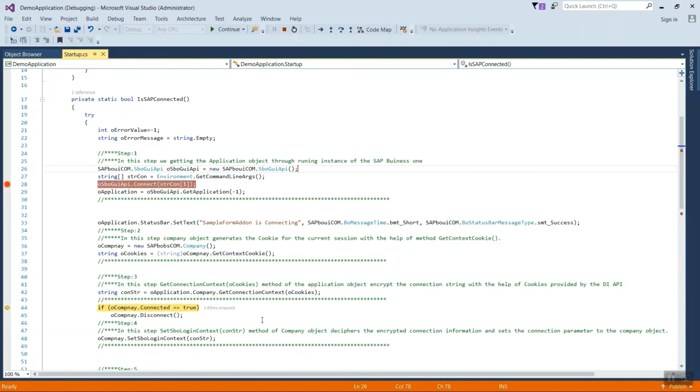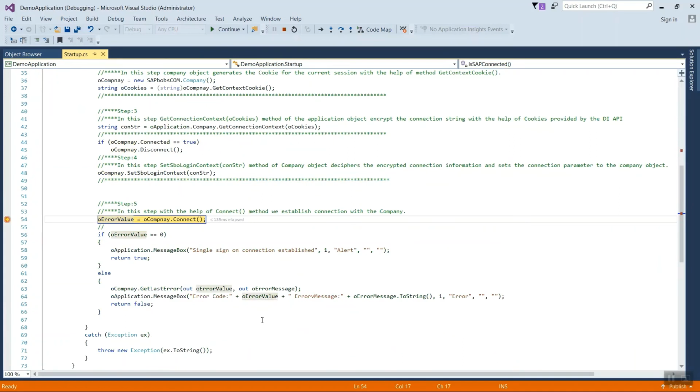And the same will be passed to the SetSboLoginContext, and it will set all parameters to the company object, and finally we will call the Connect function, and it will return 0 if it is successfully connected with SAP Business One.